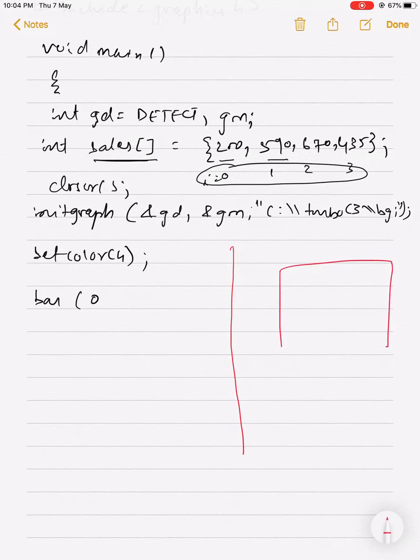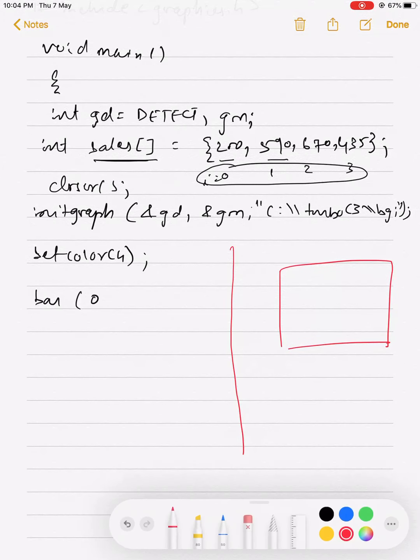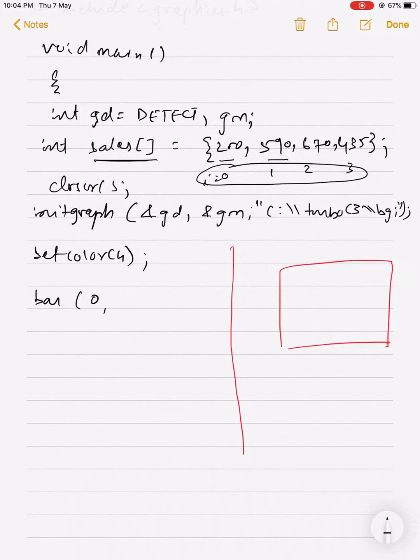This will be my output screen. I will start from 0, 15. If this is the first point, 0, 15.